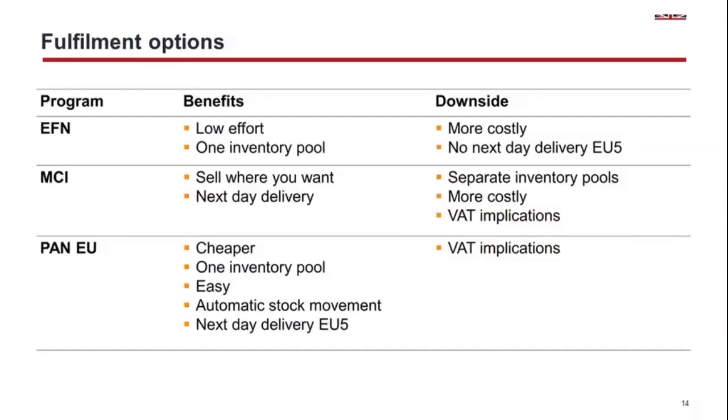The fees are higher for this. So that cross-border selling fee, on average, I think the difference is maybe 1 to 2 euros per unit, which obviously can add up to quite a lot. There is the functionality to put a pricing rule on it, so you can say that you want it to be slightly more expensive than your UK listings, to cover that extra fulfillment fee, so that you're getting a similar amount of margin from all of your